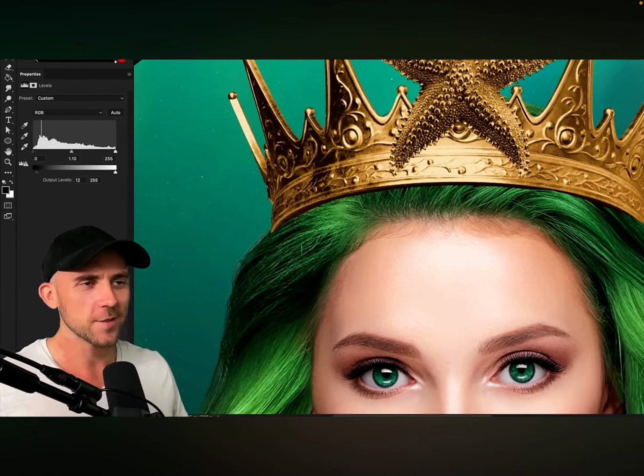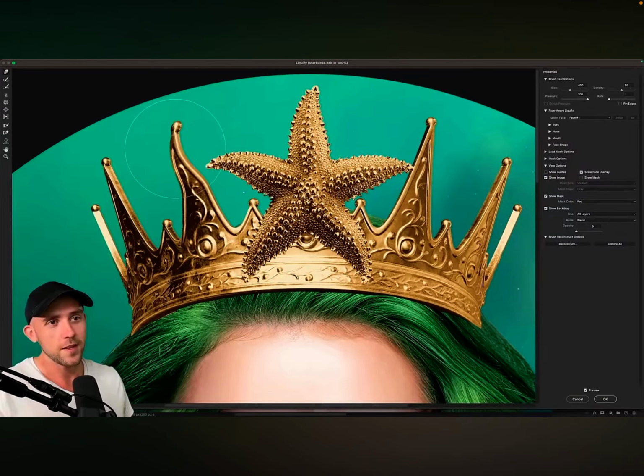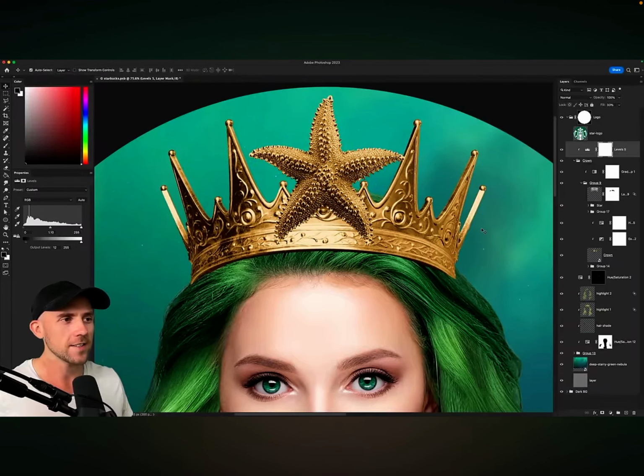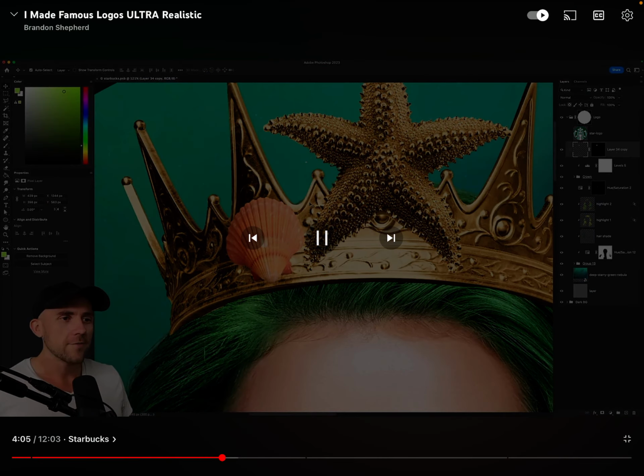But I'm afraid that's where the similarities to the original are going to end because I really just don't want to have to come in here and bend these little points to try to match the exact shape of this crown. So instead, I'll just leave it as it is. But I am going to bring in some seashells to make this crown feel more ocean themed. All I have to do